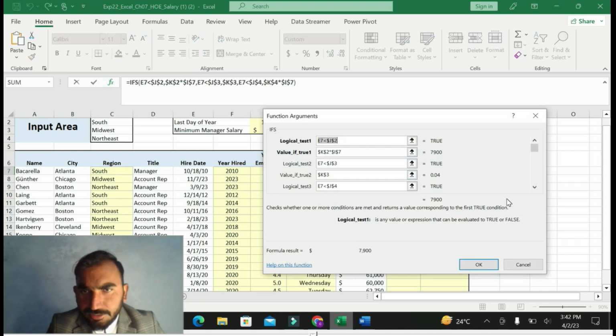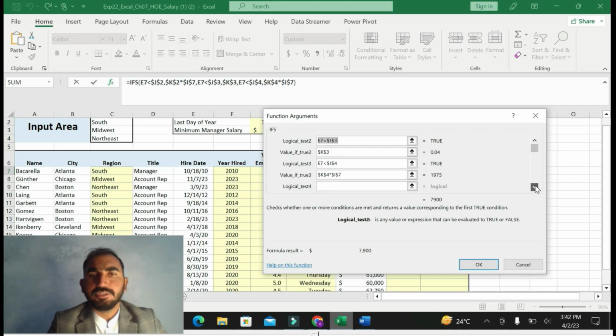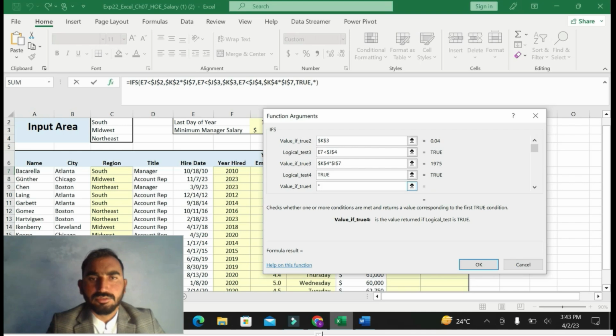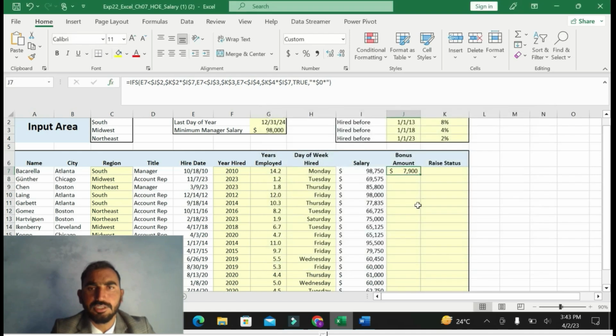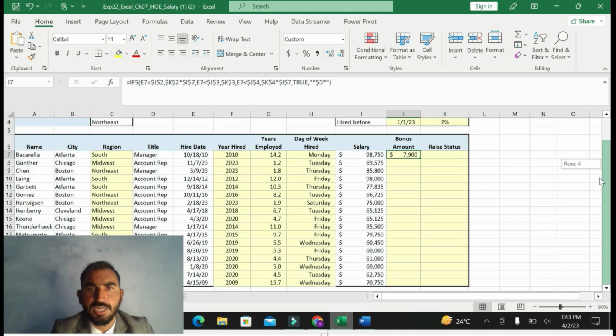Now, there is a little error, I think. And logical test 4 is remaining. Logical test 4 is here. If the value is true, then I am going to do the value if true multiply by. Okay, I am going to do step number 7. You can see here, I find the value. Now I am going to use the fill handle